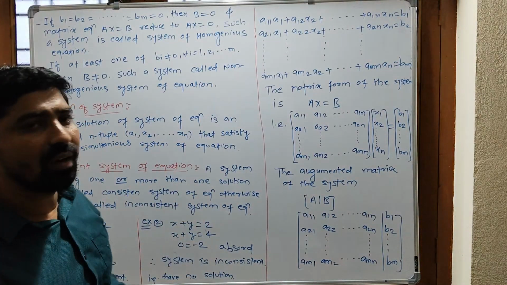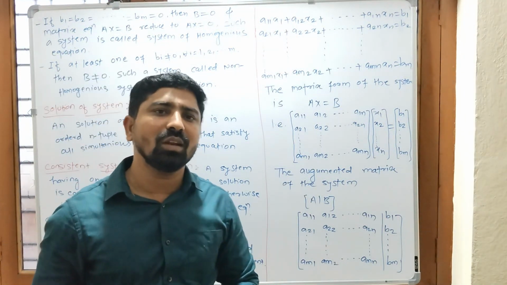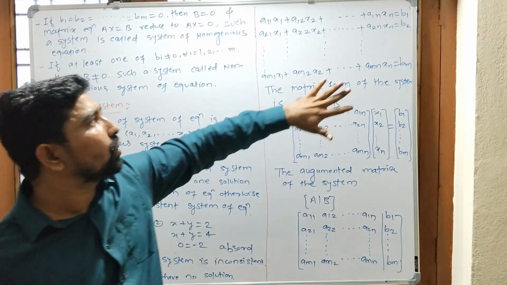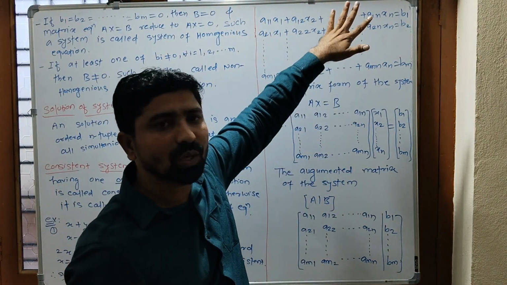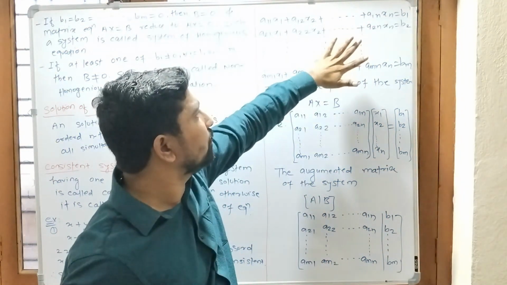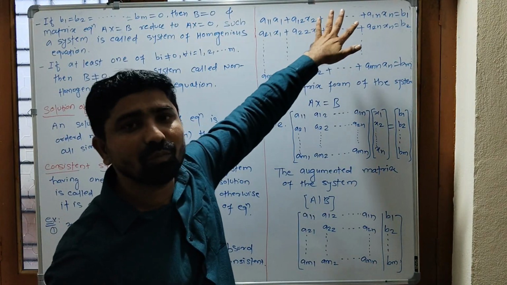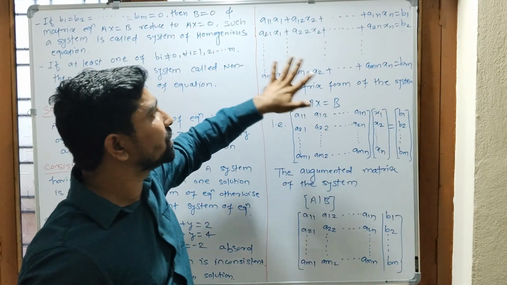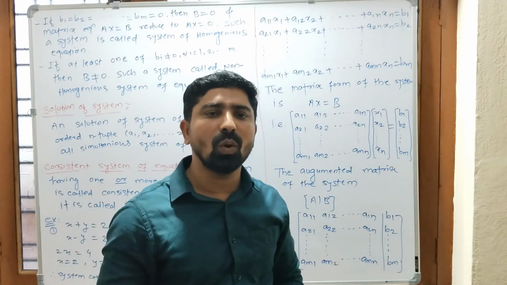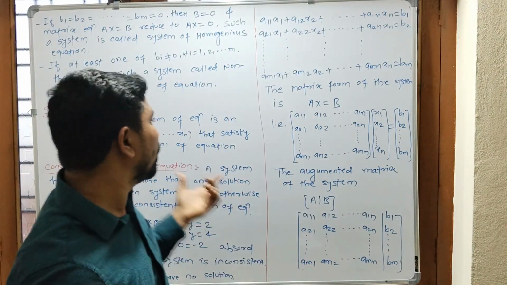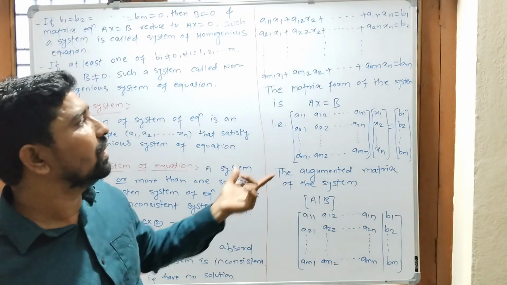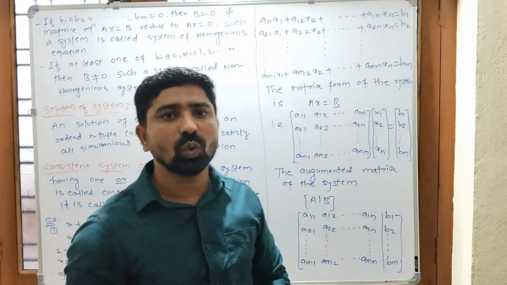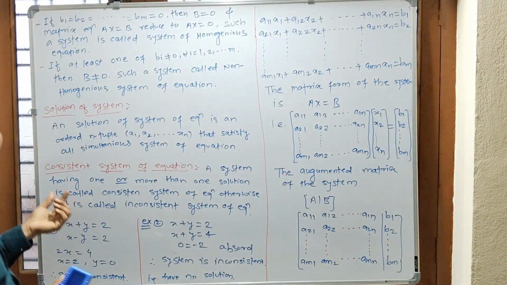अगर जो भी ऑर्डर पेयर लेट्स से x1 x2 अप टू xn अगर ये मेरे सिस्टम का सॉल्यूशन है, तो इस पूरे m इक्वेशन को सेटिस्फाई करना चाहिए, तभी हम इस ऑर्डर पेयर को हमारे सिस्टम का सॉल्यूशन कहते हैं. अगर एक भी इक्वेशन को, ये जो m इक्वेशन है, इसमें से एक भी इक्वेशन को वो सेटिस्फाई नहीं कर रहा है, तो हम इसको इस सिस्टम का सॉल्यूशन नहीं बोलेंगे. Here now,